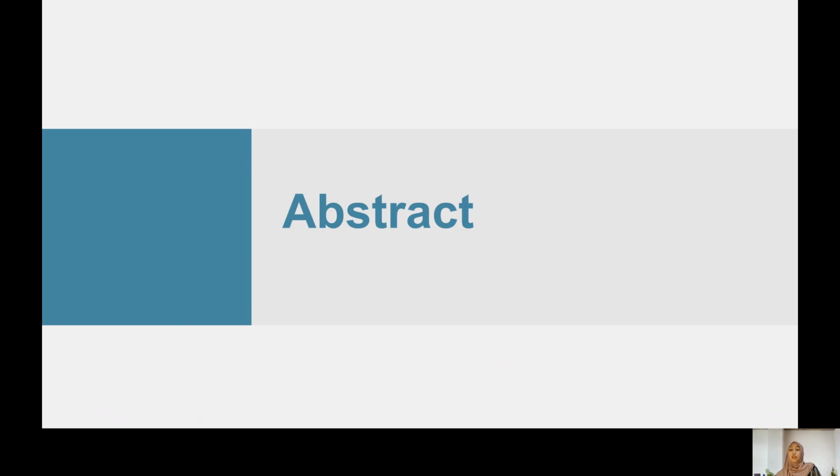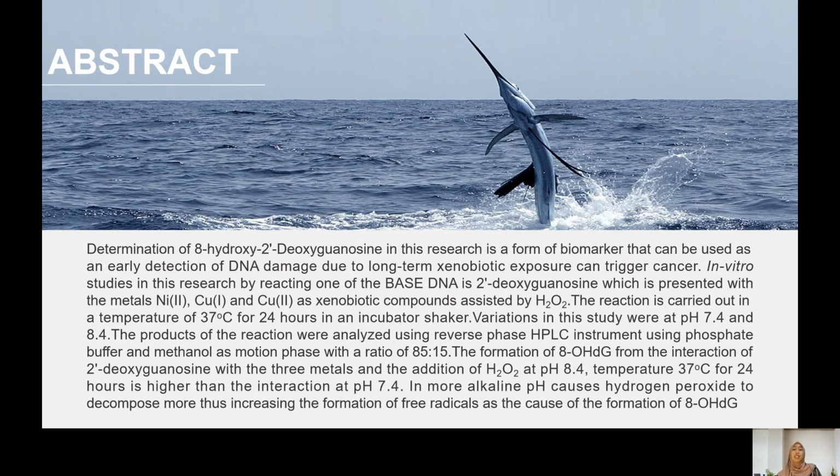Okay, for abstract, determination of 8-hydroxy-2-deoxyguanosine in this research is a form of biomarker that can be used as an early detection of DNA defects due to long-term xenobiotic exposure that can trigger cancer. In vitro studies in this research, directing one of the best DNA is 2-deoxyguanosine, which is presented with the metals nickel, copper 1, and copper 2 as xenobiotic compounds